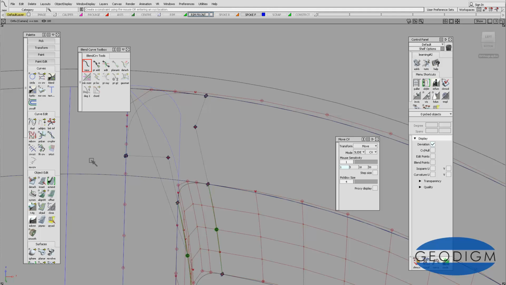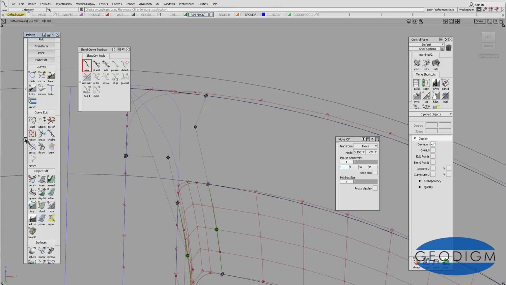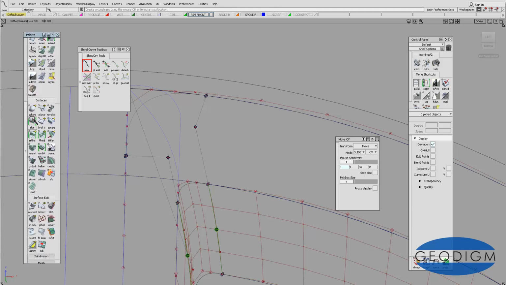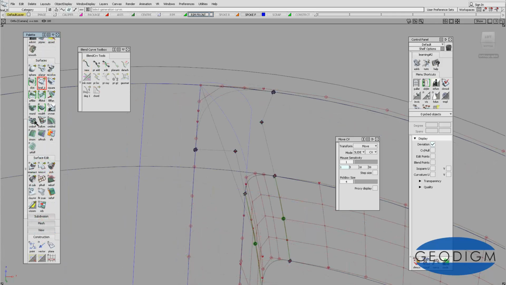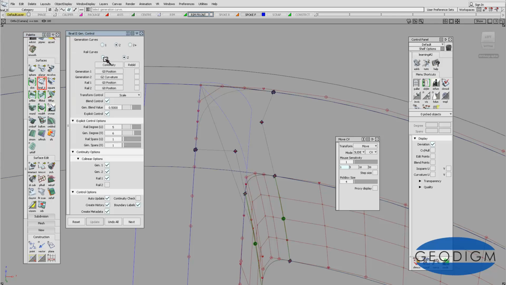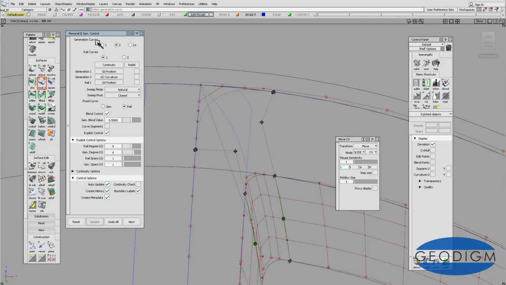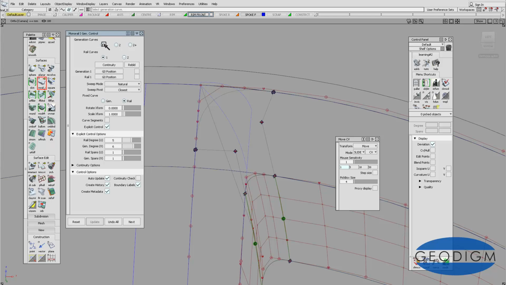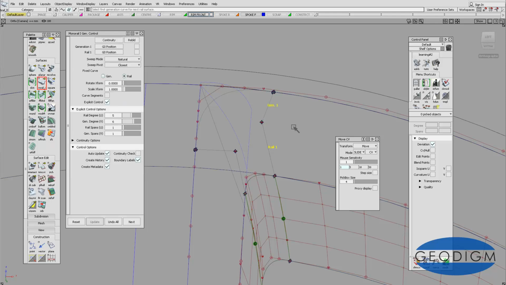So we're going to use these to create a monorail surface. Now notice how the rail surface function says bi-rail at the moment, and that's because we've got 2 rail curves. If I change it to rail curves 1, then we get monorail. So in our case, we just want 1 generation curve and 1 rail curve. So I'll pick these curves, it doesn't matter which order you pick them in, and rather strangely no surface gets created,